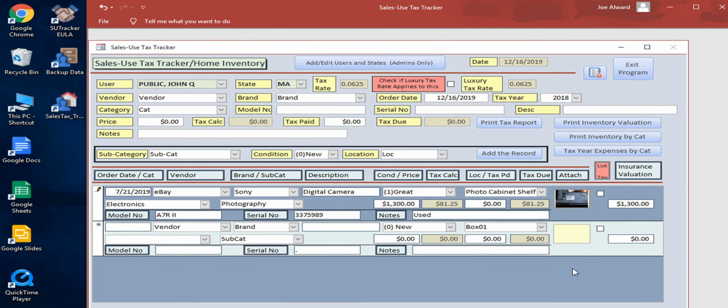Now, one thing I just want to mention before concluding this video segment is that I've shown you a number of examples of transactions, not a large number, so that when we look at these people's purchases, we see just small numbers of items. But I want to give you a real-world example of the use of this program. As I said, I wrote it for myself. I've been using it in the tax year 2019, and currently, to date, as of the middle of December,